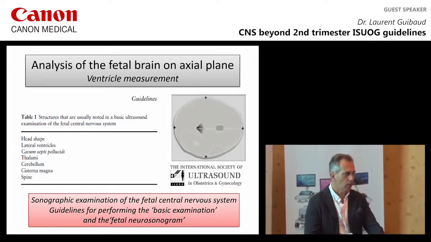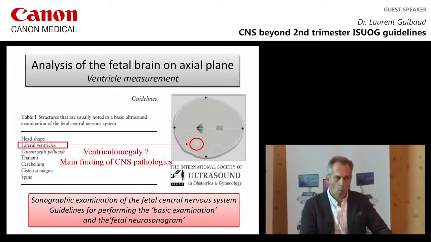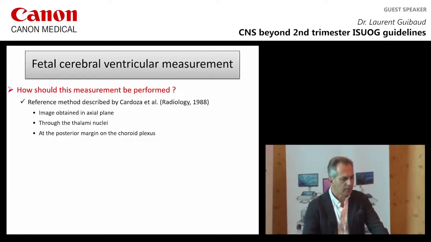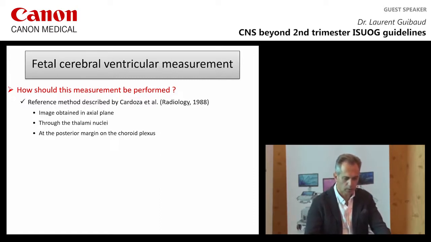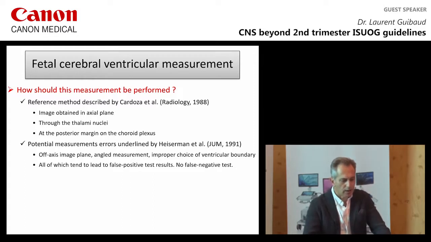You know that one major item in the guidelines of ISUOG is to look at the lateral ventricles. Why? Because ventriculomegaly is the main finding of our CNS pathologies. But in fact, how should these measurements be performed? We have the reference method described by Cardoza a long time ago. The image is obtained in axial plane through thalamic nuclei at the posterior margin of the choroid plexus. But 2 years after, Elzerman underlines that this method gives false positives due to off-axis image plane, angle measurements, improper